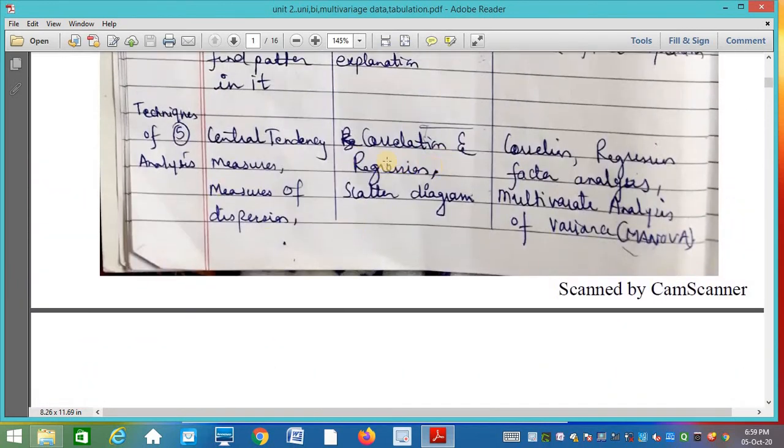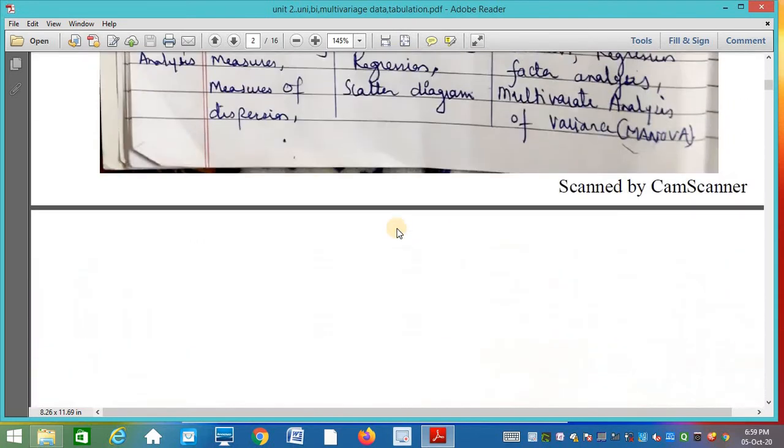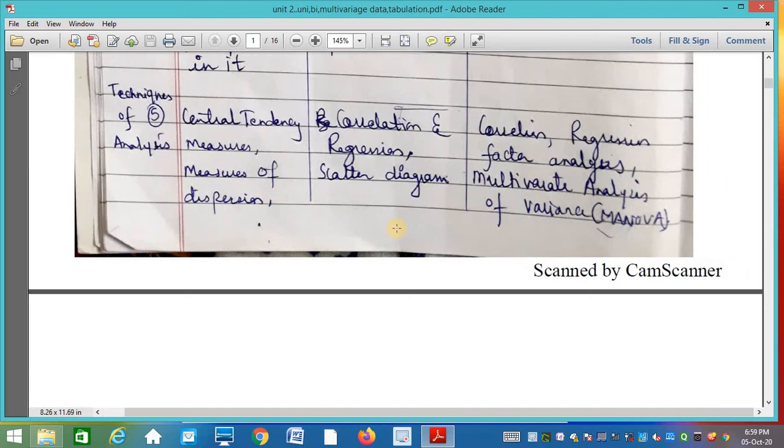These are the different techniques which you can use to analyze the data. What about bivariate? If it is bivariate data, then you can use correlation, regression analysis. You can use scatter diagram to present your data. If it is multivariate, then you can use correlation, regression, you can use factor analysis, you can use multivariate analysis of variance, that is also called MANOVA.